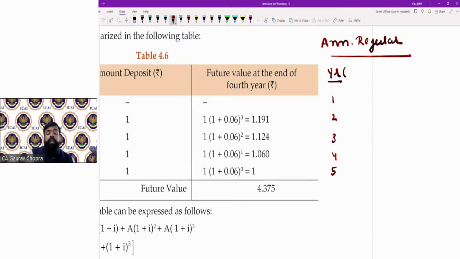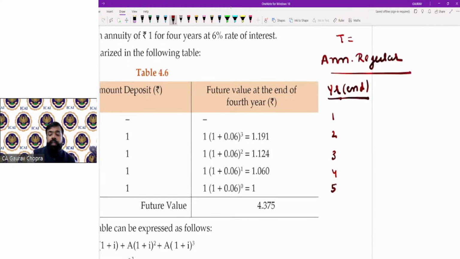नाउ ईयर में कब पेमेंट करना है, बिगिनिंग में या एंडिंग में? सिंस इट इज रेगुलर सो पेमेंट विल बी एट द एंड ऑफ द ईयर। इन्वेस्टमेंट कब होगा? एट द एंड ऑफ द ईयर। एंड टोटल टाइम पीरियड वी हैव टेकन 5 years। अब लेट्स से अमाउंट इज इक्वल टू 10,000। तो दिस इज द अमाउंट ऑफ एन्युटी। हर साल हम 10,000 रुपीज इन्वेस्ट कर रहे हैं, फर्स्ट ईयर के एंड में, सेकेंड ईयर, देन थर्ड, फोर्थ एंड देन एट द एंड ऑफ फिफ्थ ईयर। 5 बार हमने इन्वेस्ट किया। नाउ फिफ्थ ईयर के एंड में हमें कितना पैसा मिलेगा ये आपको बताना है। दैट मींस दिस इज द फ्यूचर वैल्यू को आपको कैलकुलेट करना है।